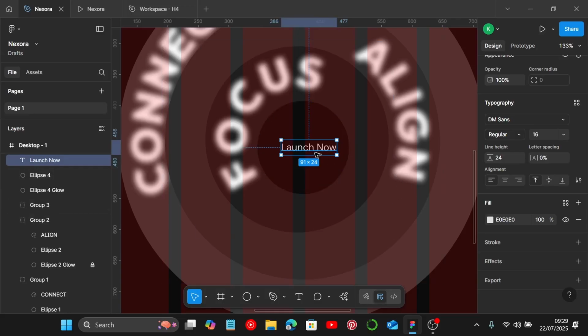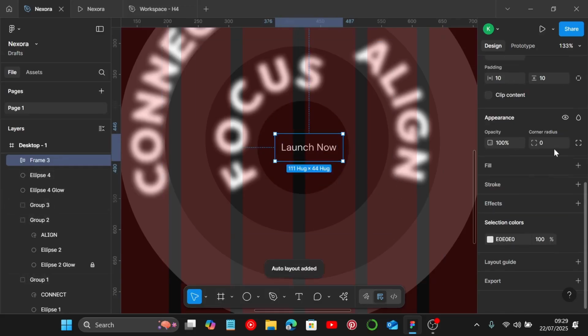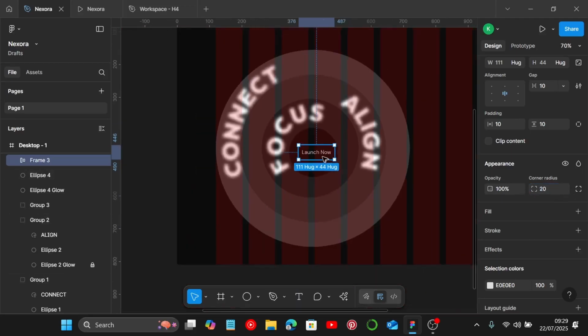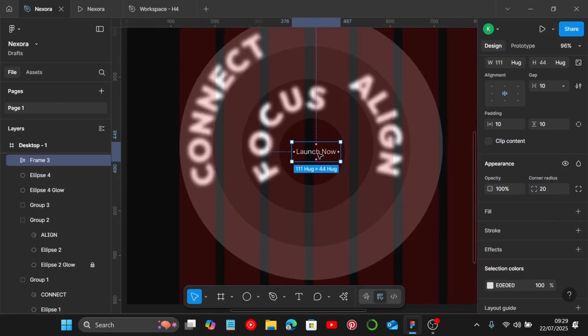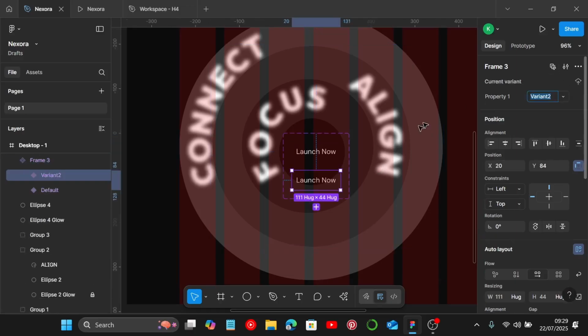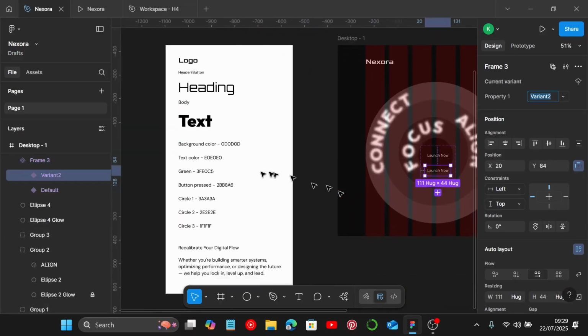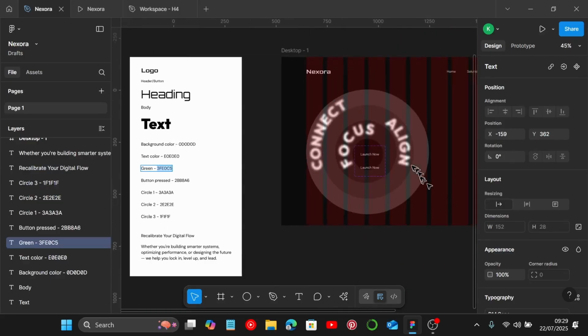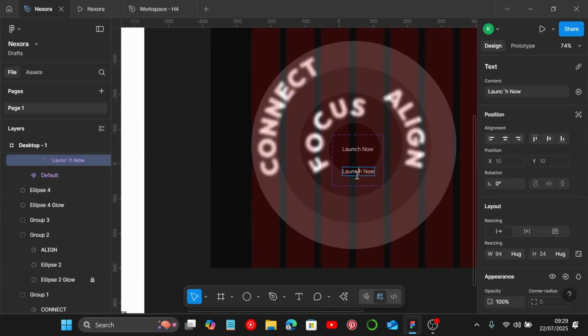and we're going to make this an auto layout first just to make sure, and the top and bottom padding is going to stay as 10, but the corner radius we're going to make 20, and I'm going to make this a component. So I'll just use Control Alt key and I'll make that a component. Add the second variant. So the second variant is going to have a fill similar to what we have in the header section. I'm going to copy all of this